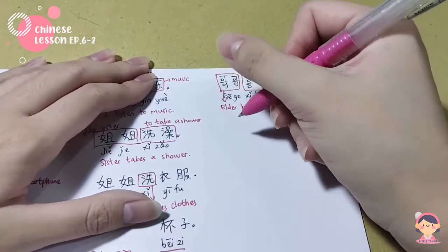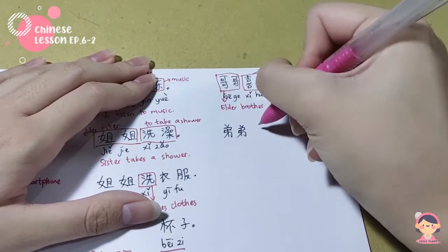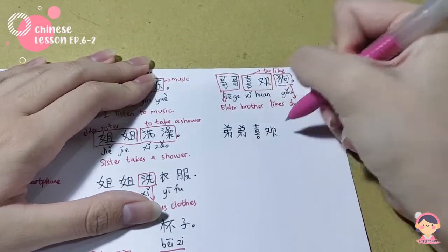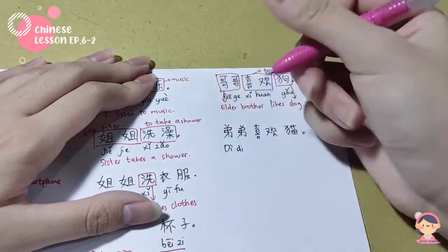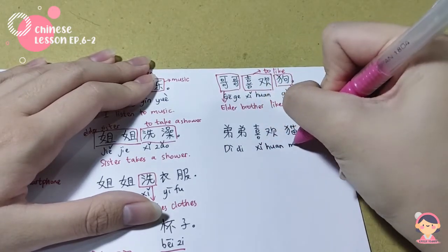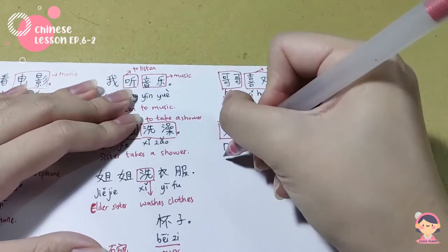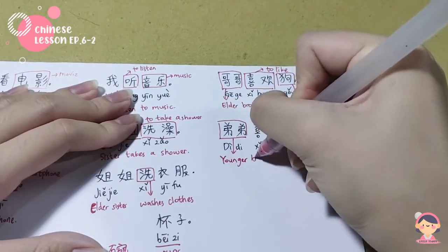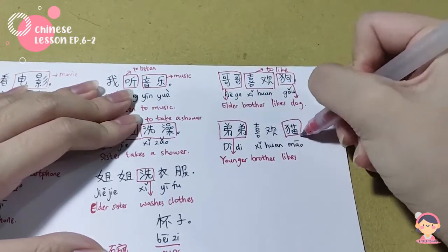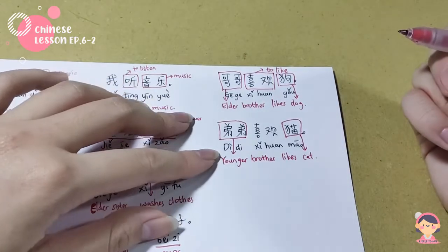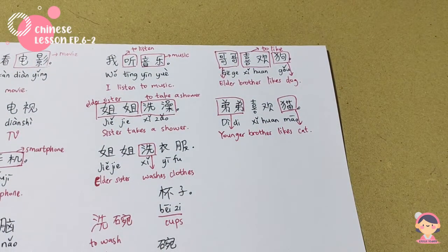Another one is 弟弟喜欢猫. 弟弟 means younger brother. 喜欢 is to like. 猫 is cat. So 弟弟喜欢猫 means younger brother likes cat. And for the last sentence,